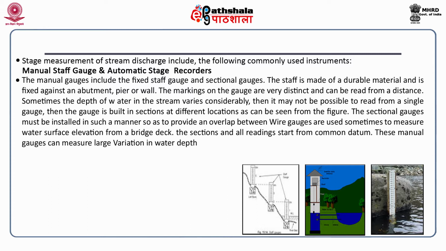So, once a stage discharge curve is established for a particular river or stream, it becomes very easy to carry on with the water measurements. So, here as you can see from the figures, in the extreme right figure, we are measuring the depth with the help of a gauge. Now, this is known as a staff gauge. Now, this staff gauge is nothing but a scale. This scale has got different readings on it, and they have to be very distinct and clear so that they can be measured easily.